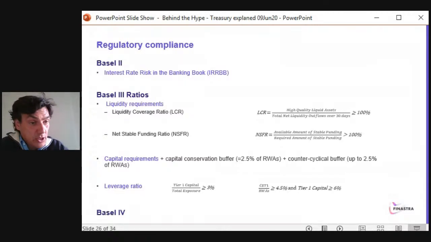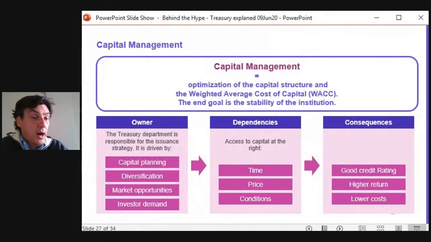And talking about optimization, we are now at the top floor of our pyramid. It's the capital management. It's the optimization of the capital structure, or as well the weighted average cost of capital. You need to be able to calculate it at any point in time so that you know how stable you are, how stable your profits are, how you can please your shareholders, and so on. And you will tell me, where is the Treasury here?